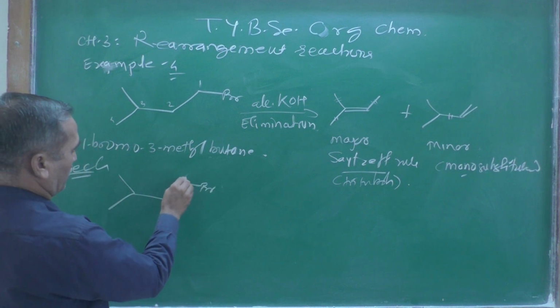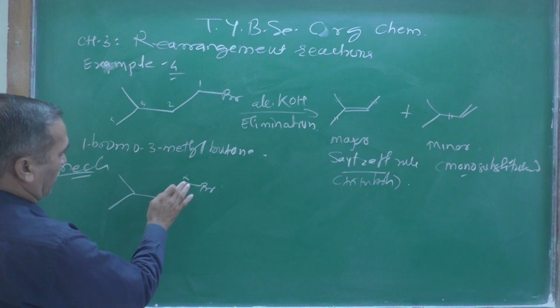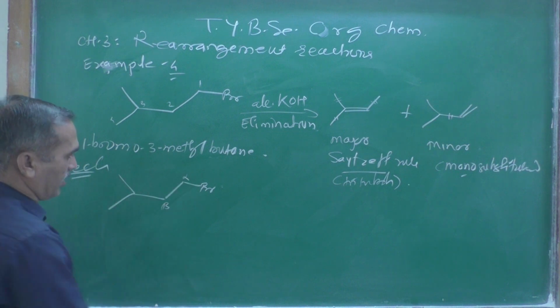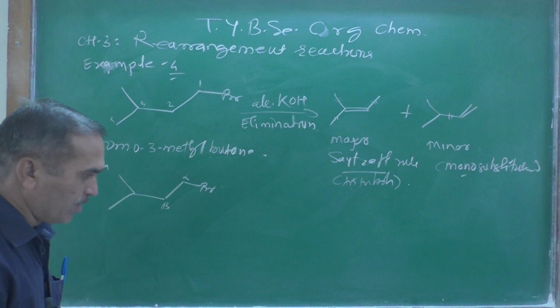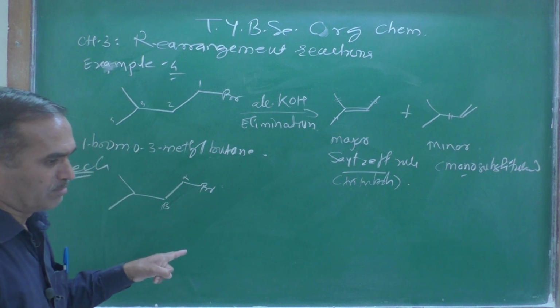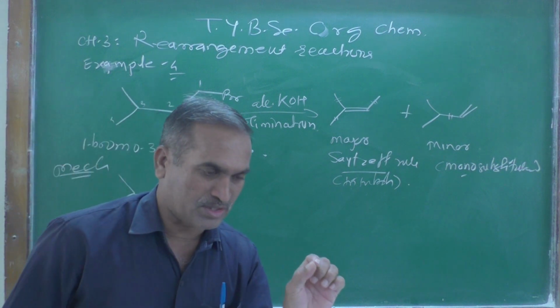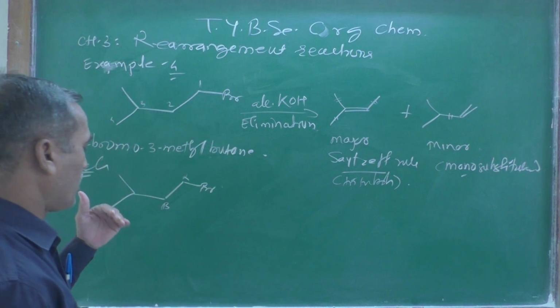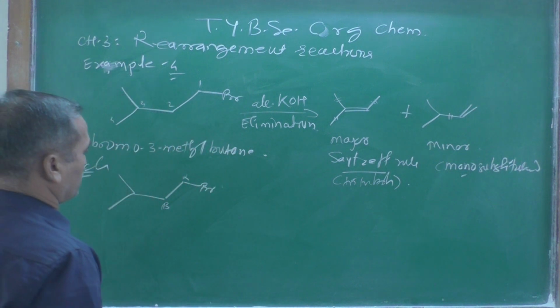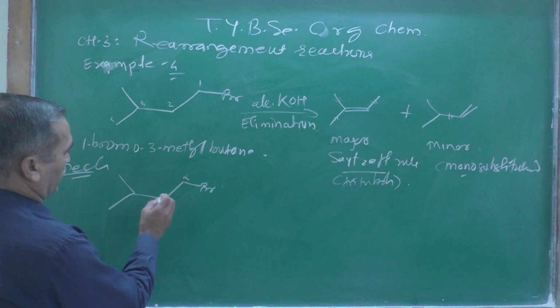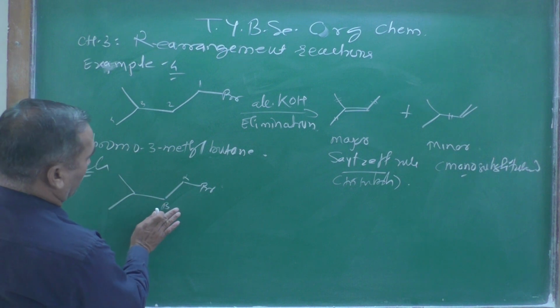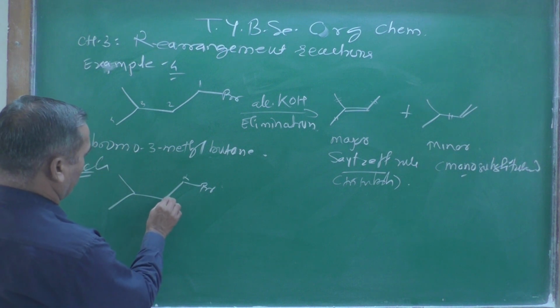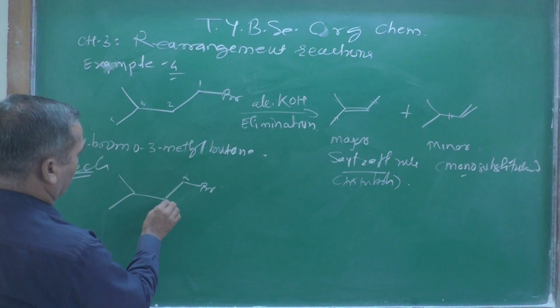Now this halide group, this is the alpha atom and this is the beta, right? The carbon atom attached to the halide group is termed alpha and the adjacent carbon atom is termed beta. Now when the KOH, as you know, is a base,